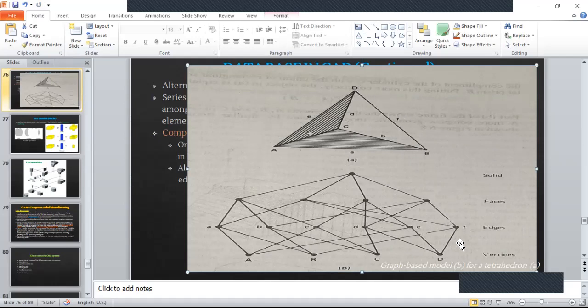D and B. So this F is mapped to D and also B. So that's how edges are mapped to vertices. Okay, and then these edges are mapped to faces, because each face, for example this white face you're seeing, has how many edges? Three edges. Each face has three edges.